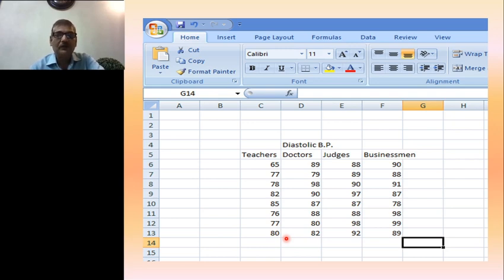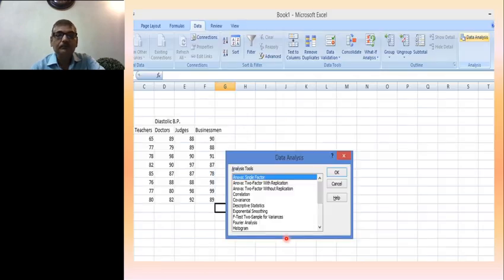And for this, single factor ANOVA can be performed. What we do exactly is go for data analysis. When we click on data, see on the upper side data appears.